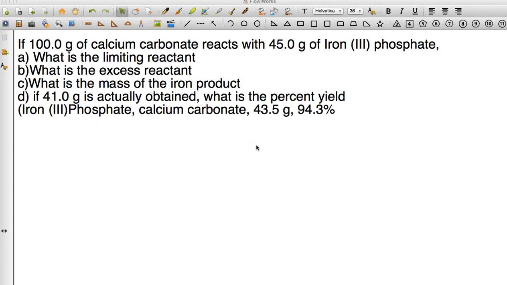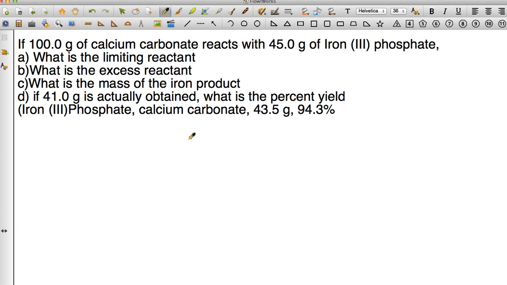One of the limiting reactant questions off study guide 3 is: if 100 grams of calcium carbonate reacts with 45 grams of iron 3 phosphate, what is the limiting reactant? What is the excess reactant? What is the mass of the iron product? And if 41 grams is actually obtained, what is the percent yield? So I'm going to go ahead and do this problem and then cover a couple other concepts that aren't